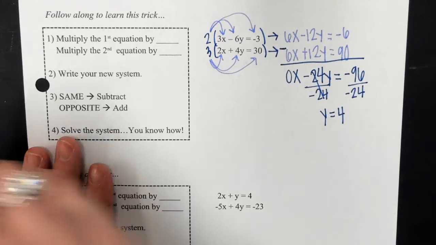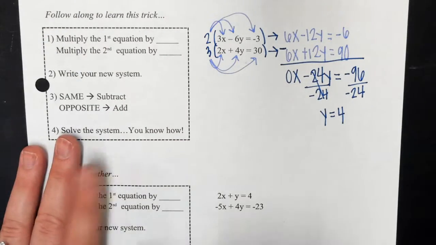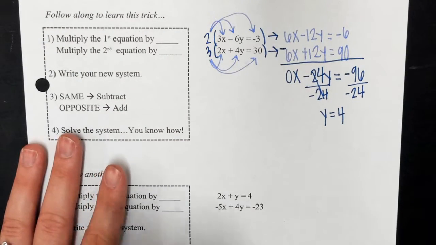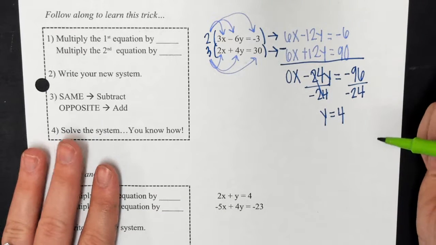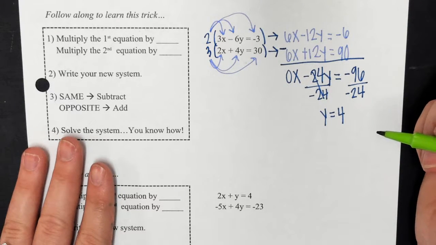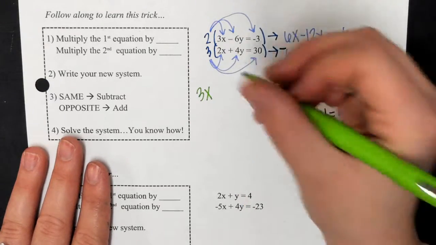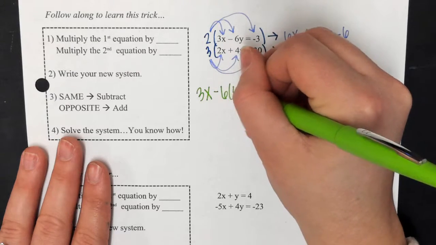But what do I need to find? The x. I still have to find x. So plug it back in. Doesn't matter which one you plug it back into. Okay? The first one? Does not matter. Sure. 3 times x minus 6 times 4